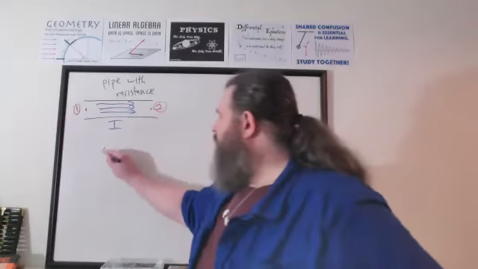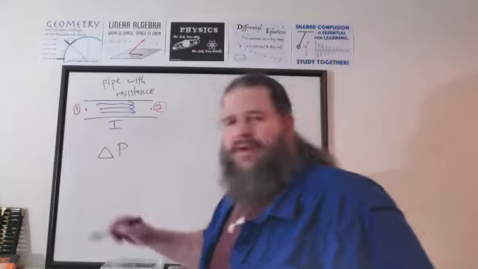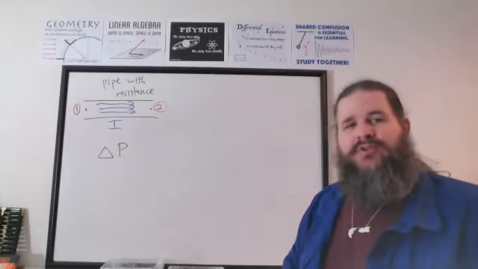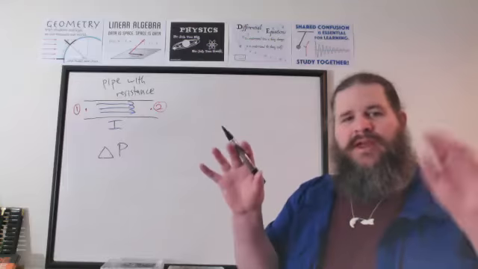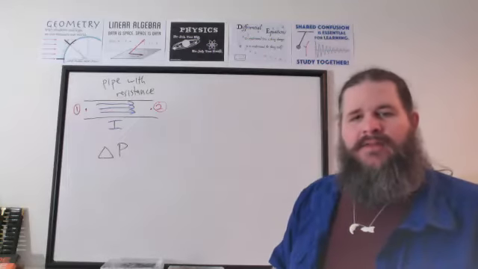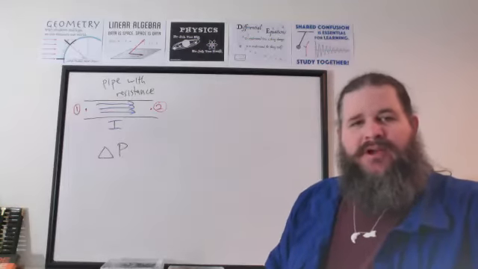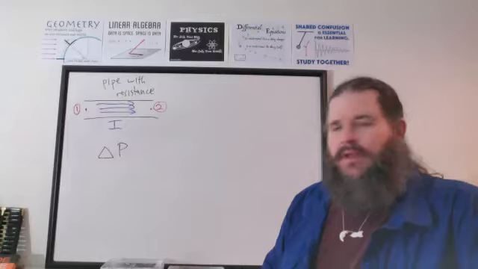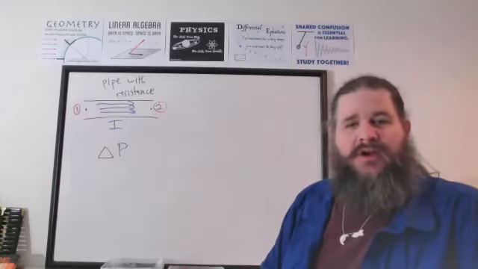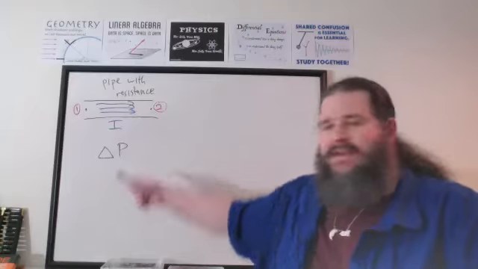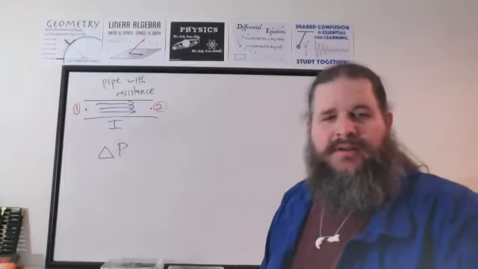Yeah, we should include delta pressure. In general, it's a good idea to include delta pressure unless you know for sure the 2 points have to be at the same pressure. For instance, if both locations are exposed to open air, then they'd both be at atmospheric pressure, so there would be no difference. But in this case, there's no reason to think that 1 and 2 have to be at the same pressure, so we should assume there could be a difference in pressure,